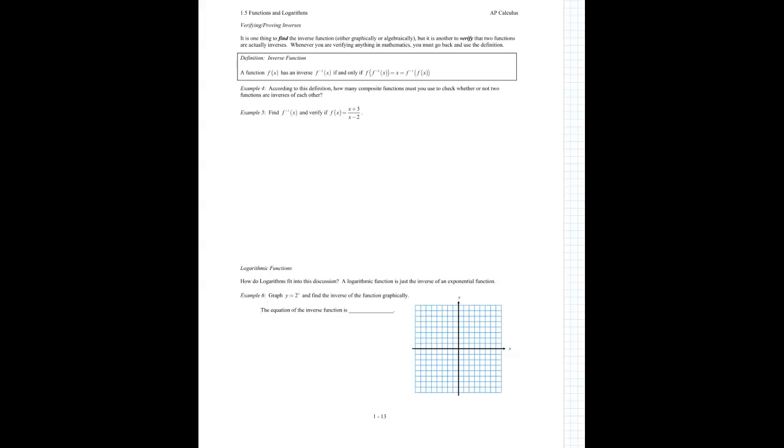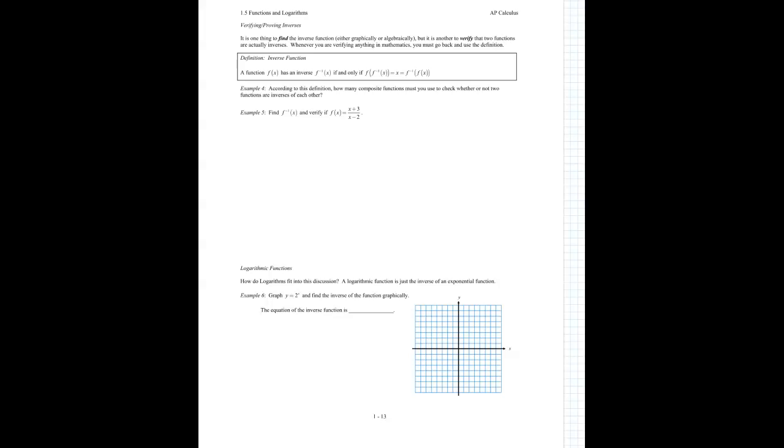So, to find an inverse, either algebraically or graphically, is definitely one thing, but being able to verify it and say that two functions are actually inverses in mathematics is to basically go back and use definitions. So the definition of an inverse says a function f has an inverse f inverse if and only if f of f inverse is equal to x, which is equal to the f inverse